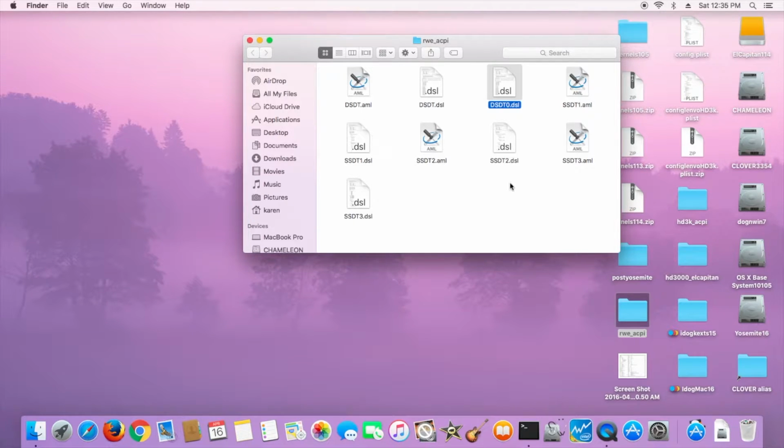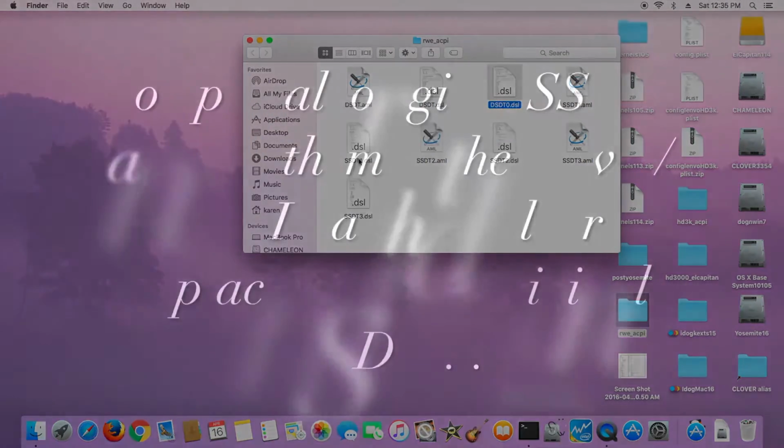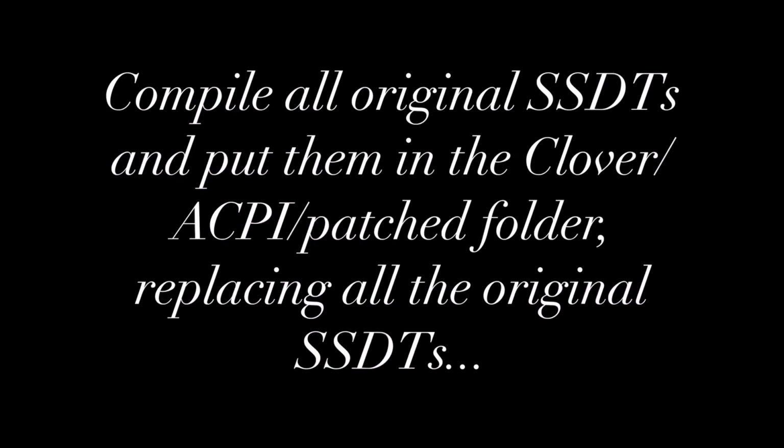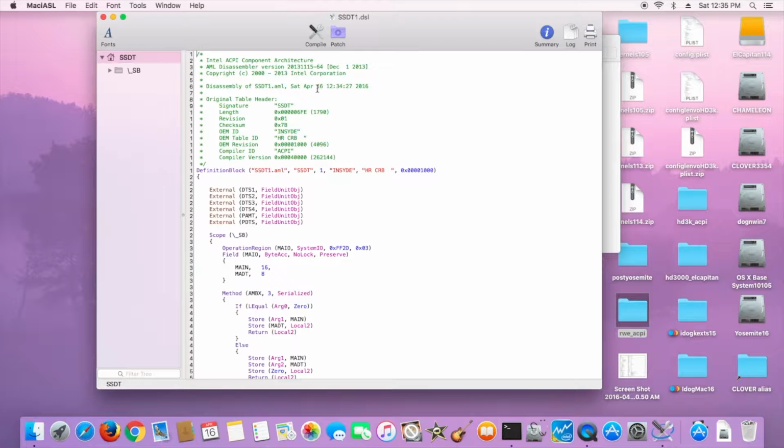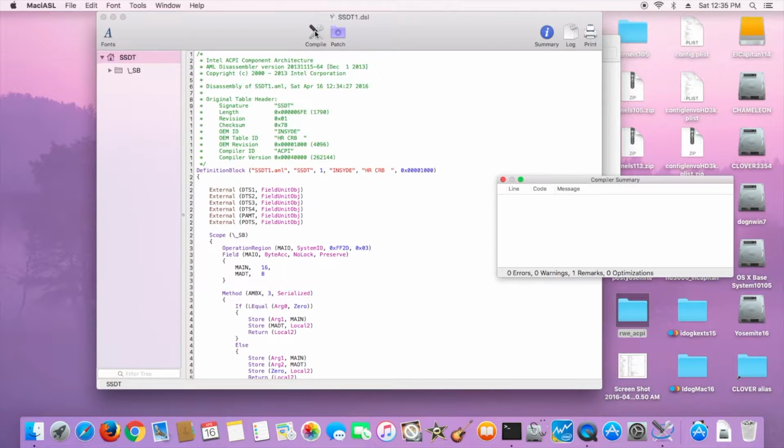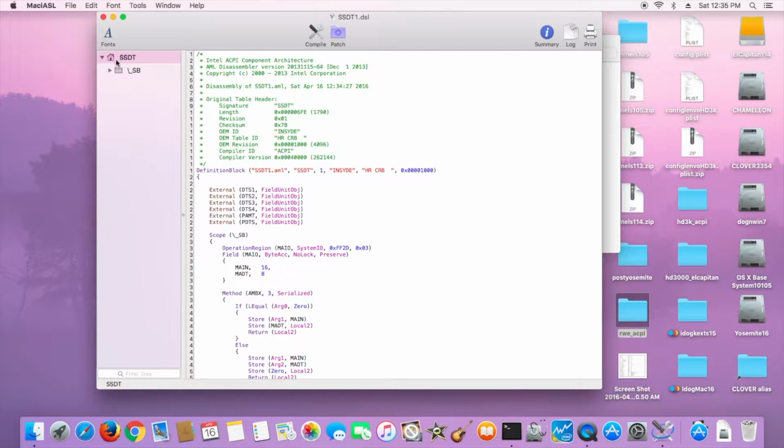And now we want to make sure that we can compile all the original SSDT. So the SSDT, let's do that first. Compile. No error. But before we do this, we need to go to the preference of